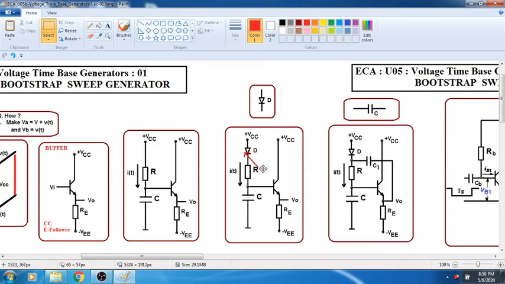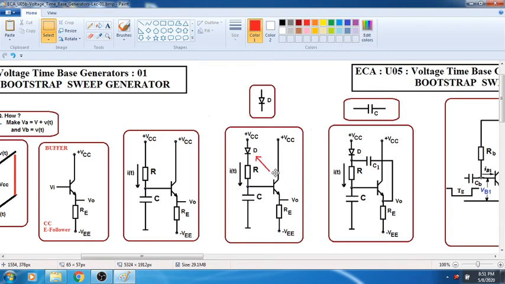So we will use a diode, such that the diode will allow current to flow in one direction, not in the opposite direction. So we are using a diode here. Now our job is to connect this V0 to the junction of diode and resistor. This is the point where we actually want to connect. Now we can connect directly, no problem.